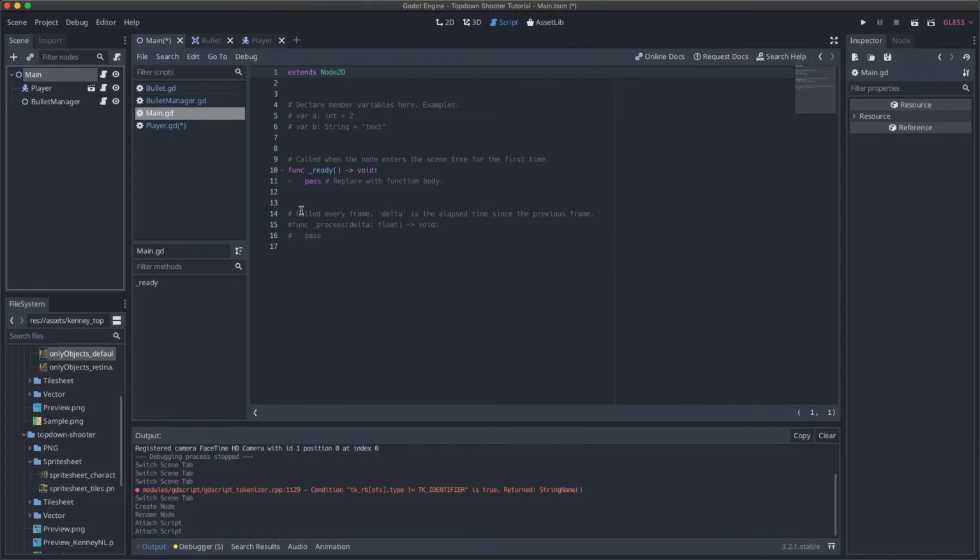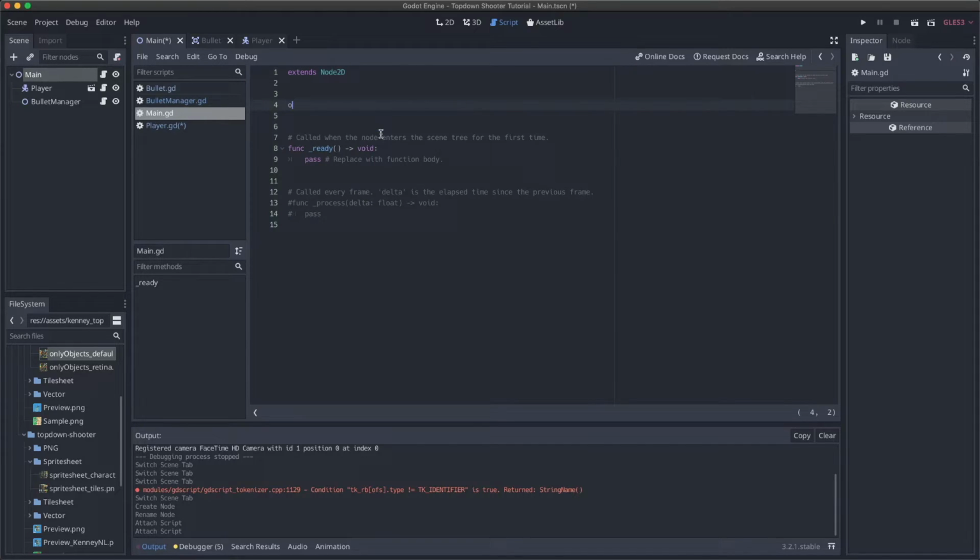I'll create that. And so basically what we need to do is at the beginning of the game, we need to get our player and we need to get our bullet manager, and we need to connect the bullet fired signal from the player to a function on the bullet manager. And the way we're going to do that is in our main script, we're going to get references to both those things. So we'll say onready var bullet manager, and we will call this bullet manager. We'll do the same for the player